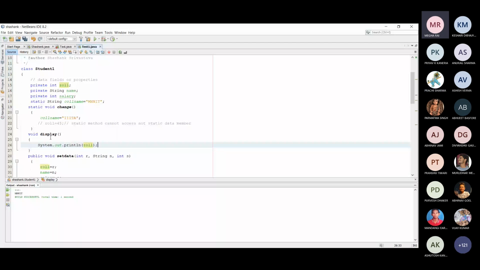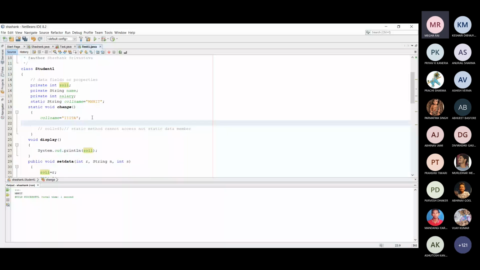If I would like to call the display method from the change method, we cannot directly call it, because the display method is not a static method. In order to access the display method, you need to create the object. So you cannot call display method directly here.